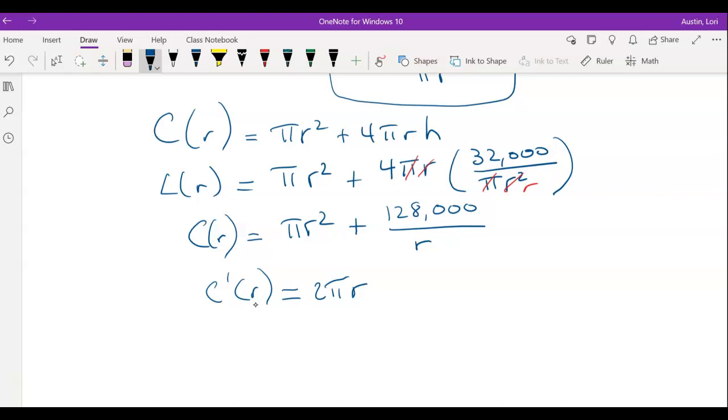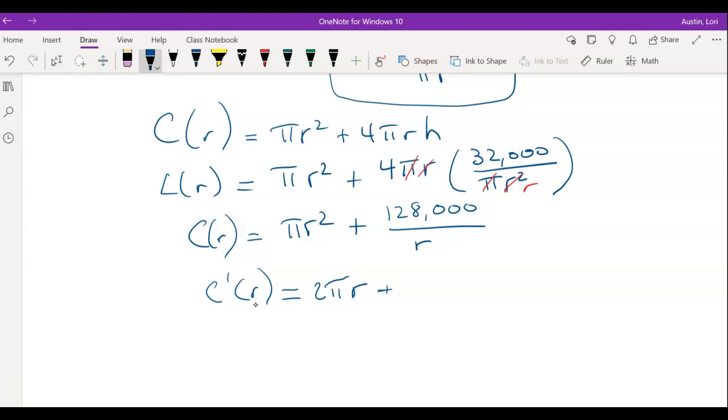Side note real quick. We're not going to do anything with it, but pi r squared represents area, right? We just took the derivative of pi r squared and we got 2 pi r. What does 2 pi r represent? Again, we're not going to do anything with it. I just wanted to point that out. Sorry. Plus,